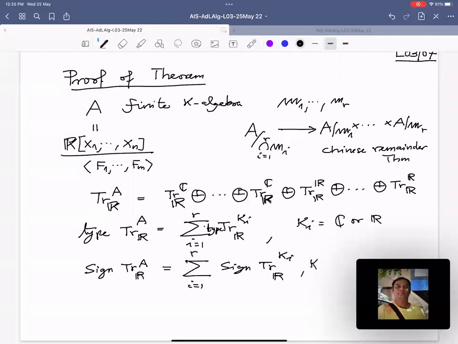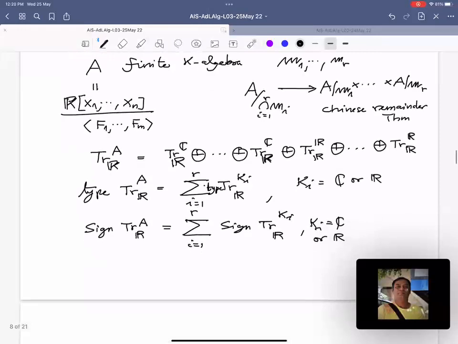Here K_i is C or R, and I know what the trace form of R over R is. So therefore, we have only to calculate